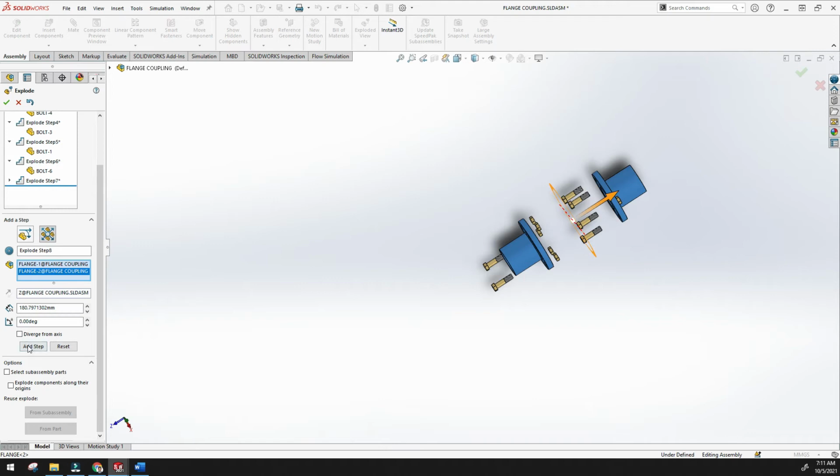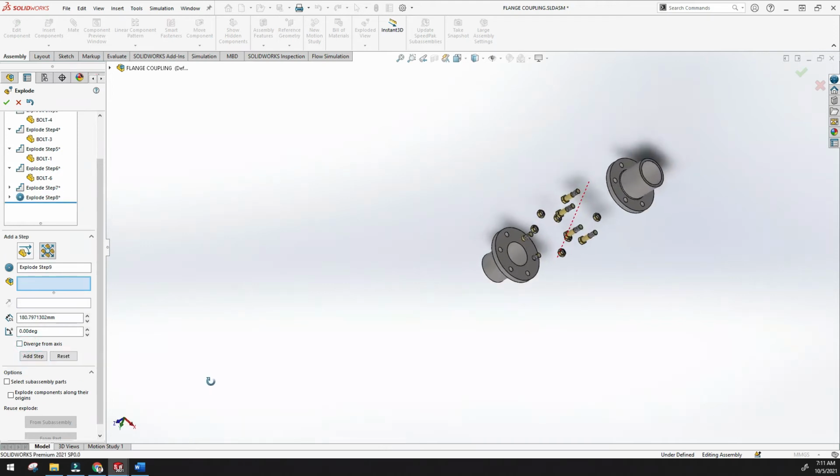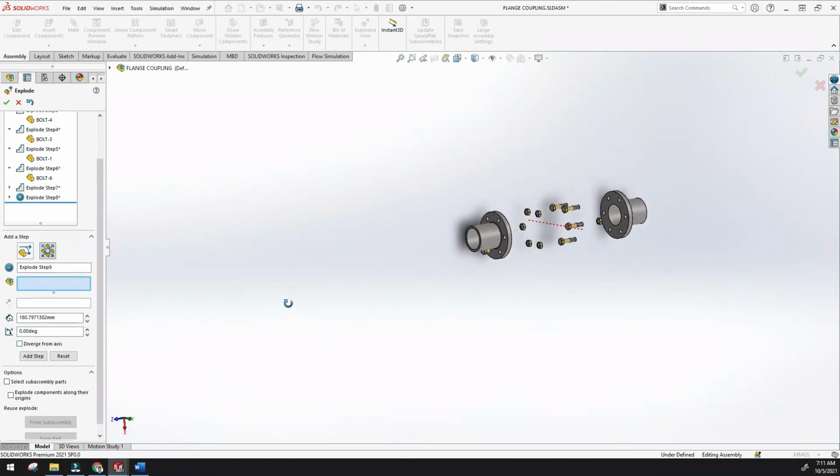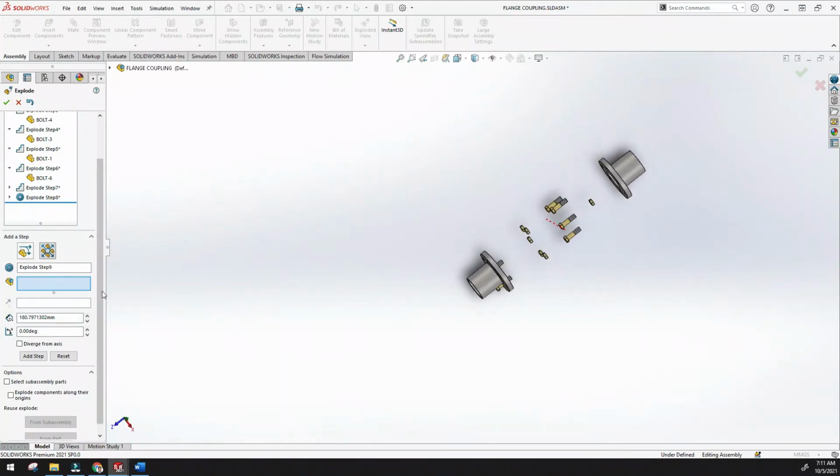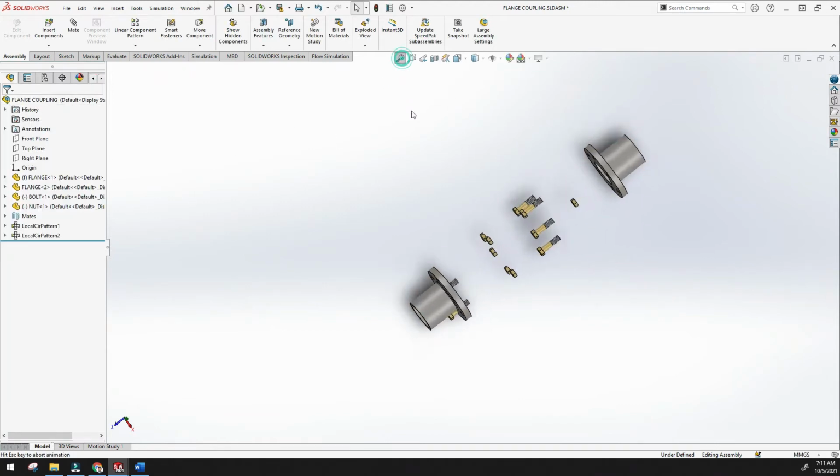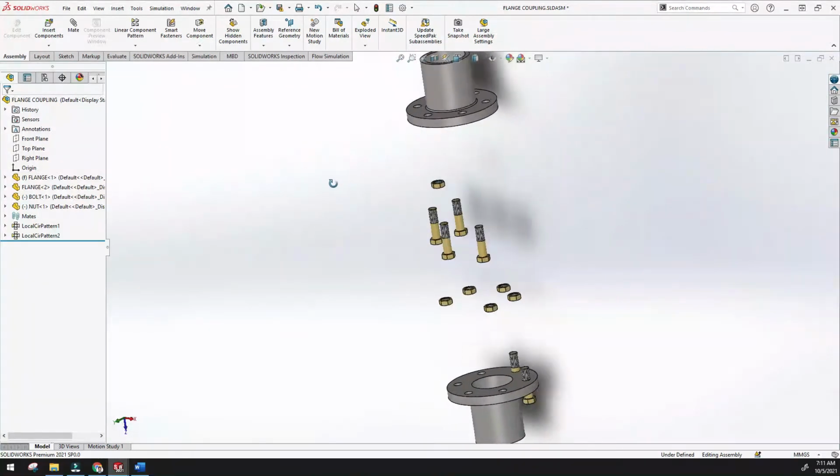Okay, and by using radial, it will explode it. The same option almost, just click yes. Once you explode it, just click yes, and you will find, see, it is an exploded part, right?